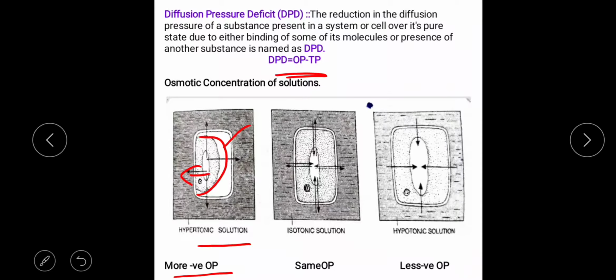Whereas in case of the isotonic solution, iso means equal concentration, so that means there is no effect upon the internal content or the movement of the substances. There is equal concentration of the solute and the solvent and it maintains the turgidity of the cell. So there is no effect, it is equal. That's why it has the same osmotic pressure, whereas the less negative osmotic pressure is